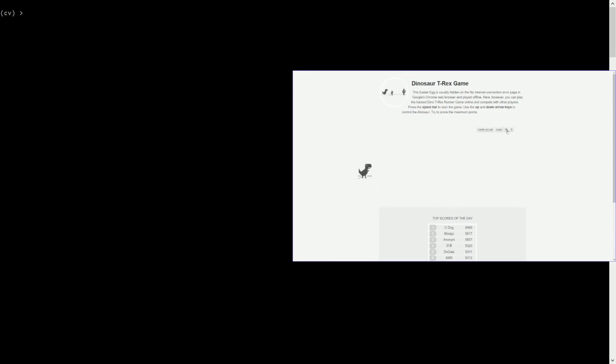Okay, so note that I've already captured the pixelated rectangle that will be capturing the dinosaur, the ground, and the incoming cacti and the birds that will be trying to terminate my game. So I'll be running the python